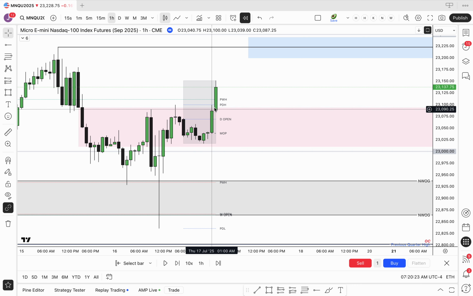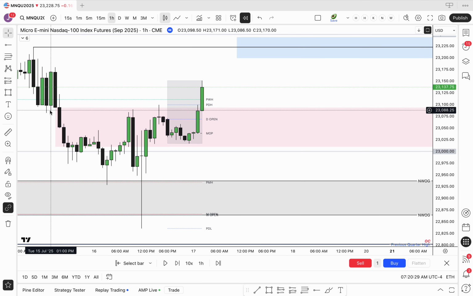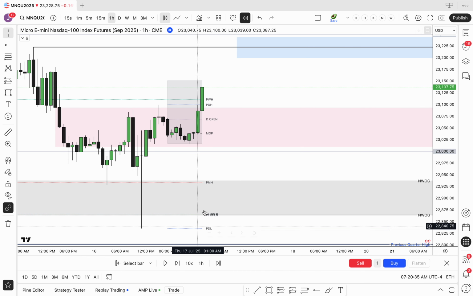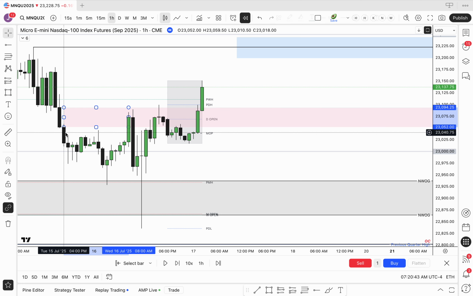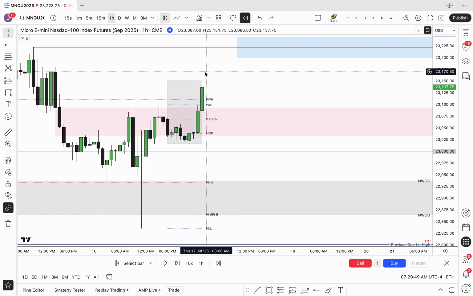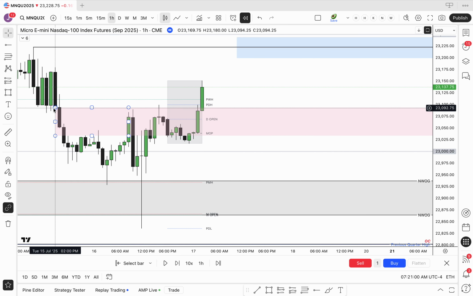Okay, so here and then here, we've now changed order flow to bullish, and now we're looking to complete this market maker model. So you can leave it like that, you can tighten it up here on this breaker, and then this becomes your POI for your entries on the lower time frame. Okay, so order flow, determining it, drawing liquidity, point of interest. So your point of interest is what I'm talking about now, is going to be here. Okay, it's going to be here on the left side of the curve.